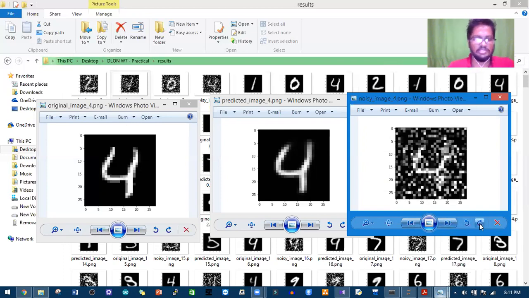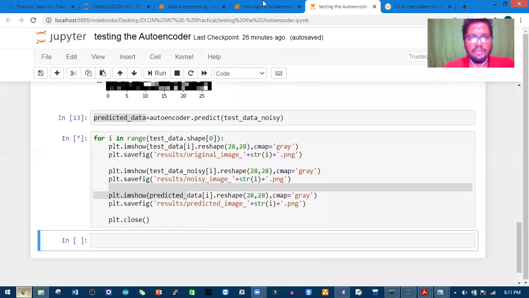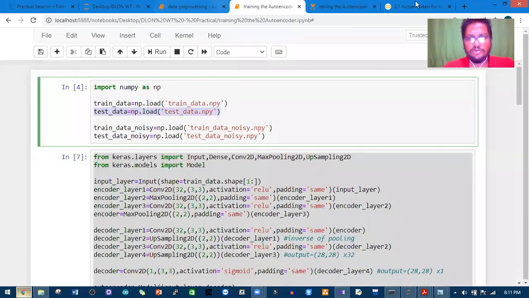Right, now these are almost the same, right? The original image and the predicted image. That means it has identified how to remove the noise, right? Understood? Hope you understood, right? So the thing is, again, if you take the autoencoder in the Colab now,